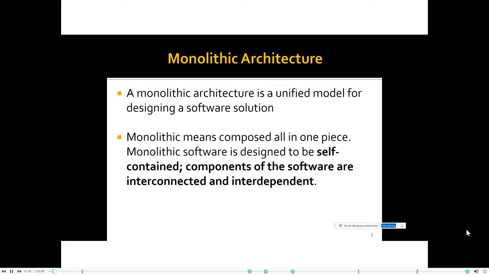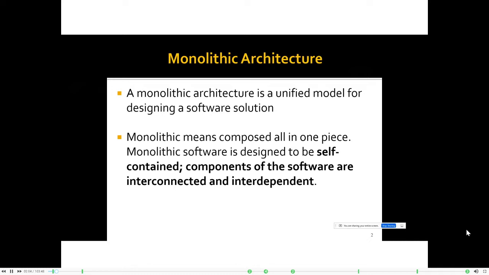This is what we call a unified model for designing a software solution. In other words, everything is composed in one piece, and that one piece we call